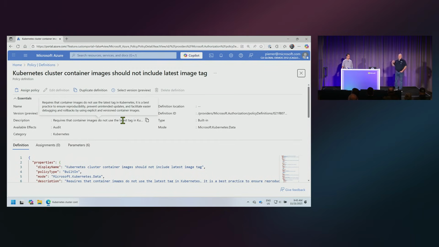If you deploy the policy and assign it to your resource group that has an AKS cluster in it, then the policy applies, and you go to deploy your new image for the Ye storefront. If you have not put a version number on your image, when you try to deploy it, we'll give you an error and will not allow you to deploy it. So that's what we talk about when we talk about guardrails.